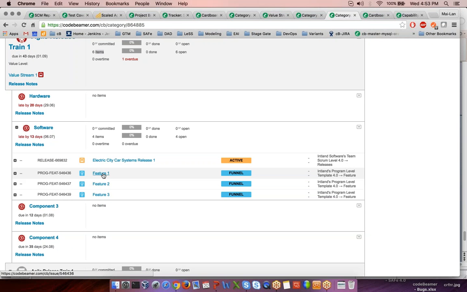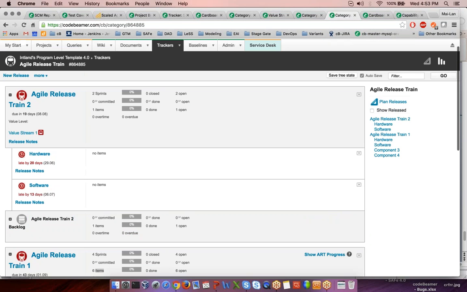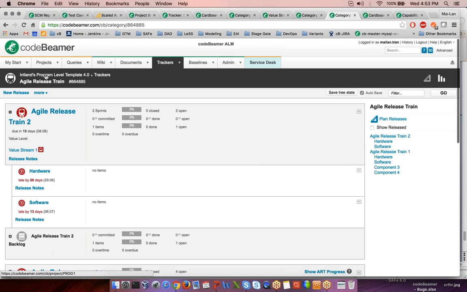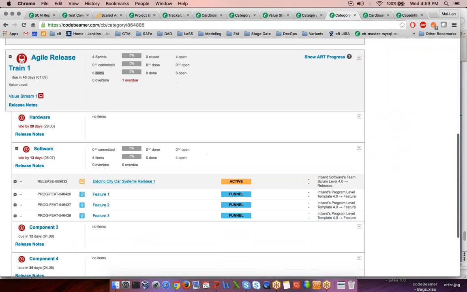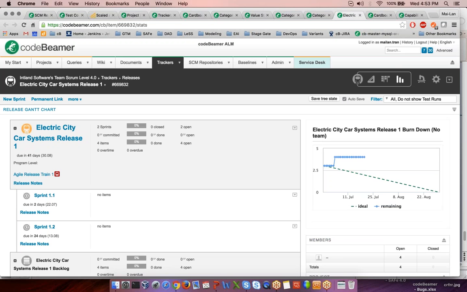But there's a feature number 1, for example, and you can see directly in here that there is a team release. So this is a software team Scrum release, which is coming actually from the team level, and this is interconnected with the Agile Release Train on the program level. So pretty much if I click on that, you can see that we just drive down into the team level. So pretty much once again from the feature you can derive